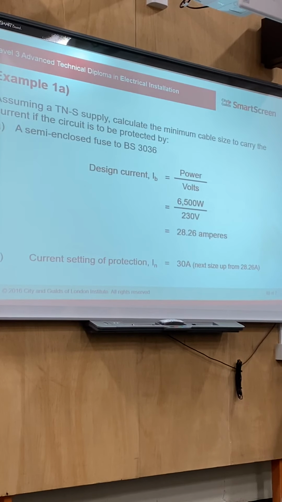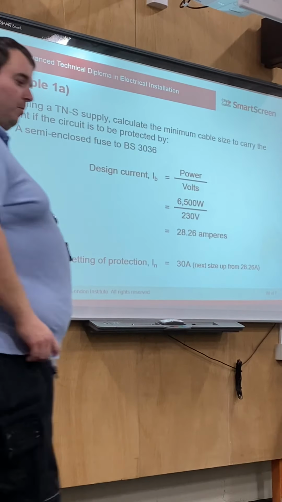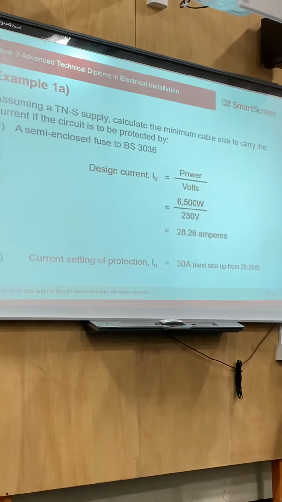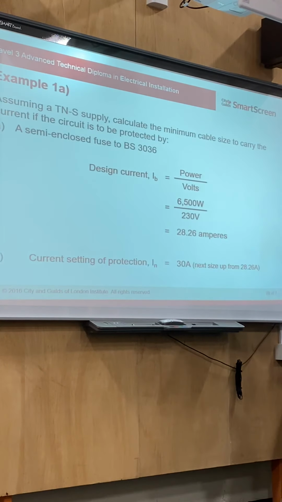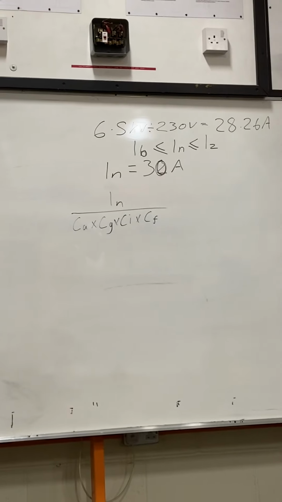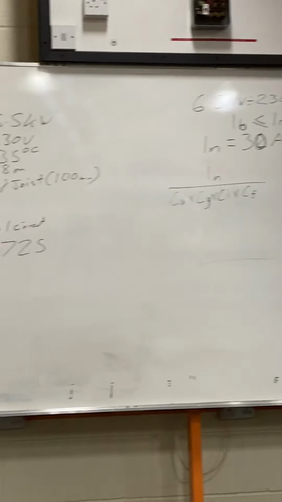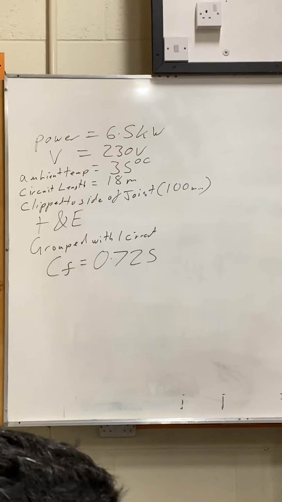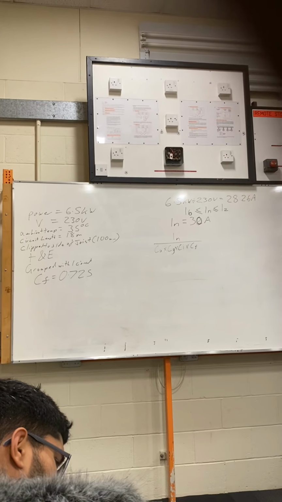Of the other factors, CG, I've got CG on there. CF, CG. That's the one in the On-Site Guide, isn't it? That's the common one. Okay. So this is the bit that we've got to start looking at. With the factors that we've got, you've all hopefully got Appendix 4 still open in front of you. Which factor shall we start to look at first? You want to start looking at temperature. Yeah. So if we go to table 4B1, which is on page 394,